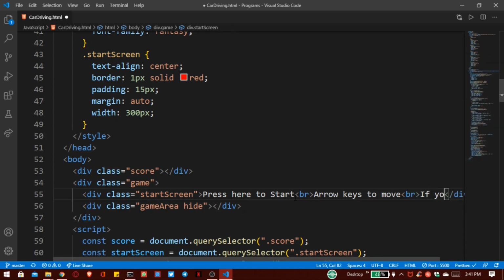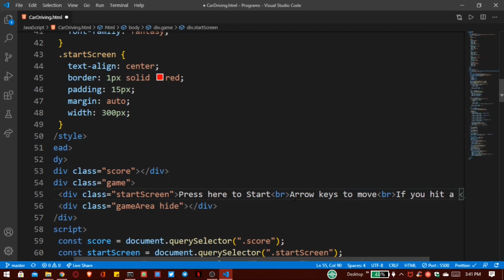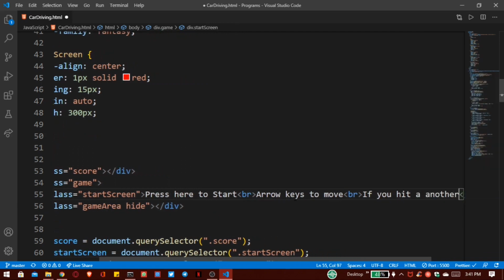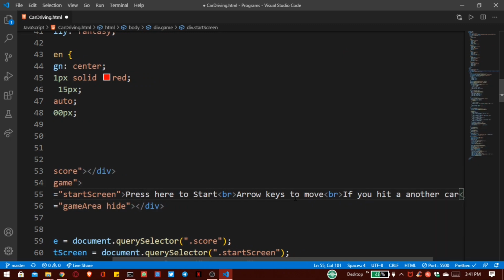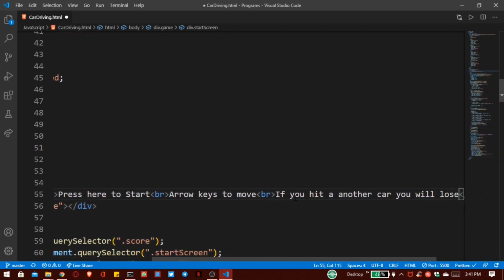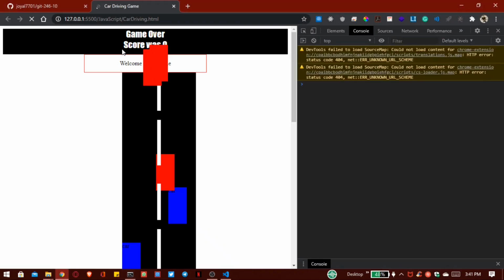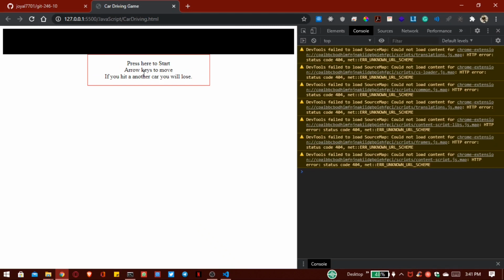And if you hit another car, then you will lose. So now save this, and yes, our message is added successfully here.